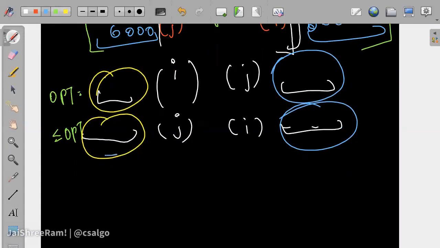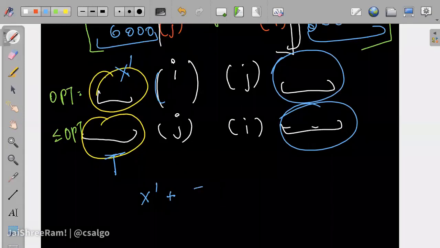Let's suppose you took some constant time t. For this particular optimal expression, the value would be, let's suppose the score over here is some x dash, x dash plus t times the ith item.